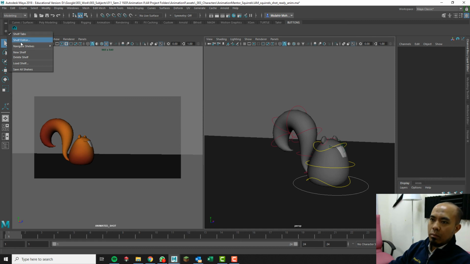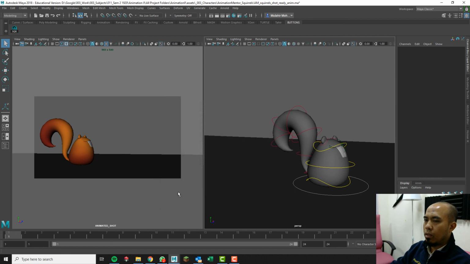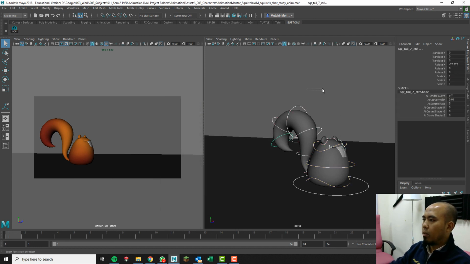You might want to label your buttons here. So I'll go and hit the menu icon here. Sorry. We'll go to Shelf Editor. And under the shelf buttons, the first command, you want to put a label to it. And I'll give the name of SQR as the label. You see SQR is shown here and save all shelves. Sweet, we have our first button, mouse script button created. Right,